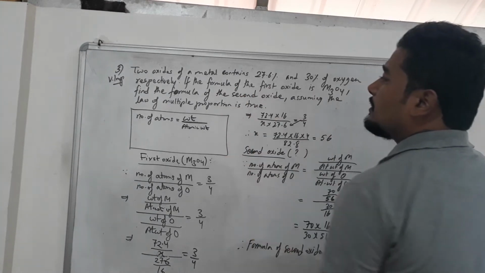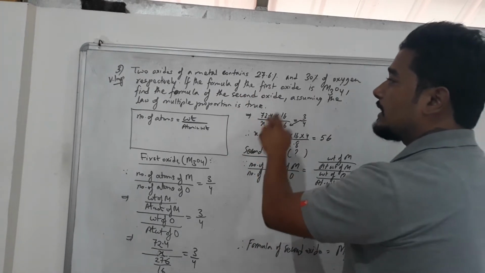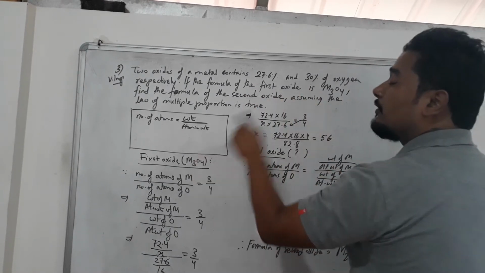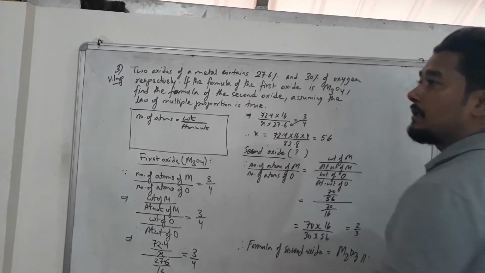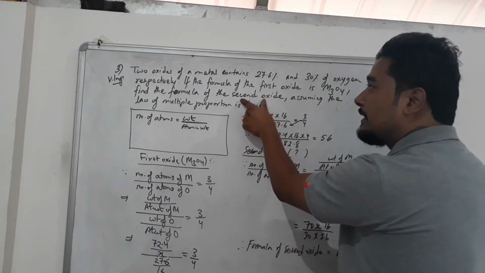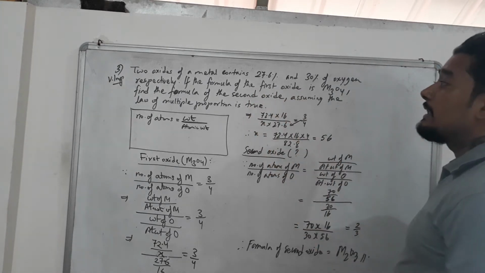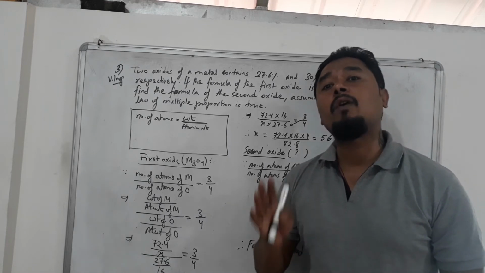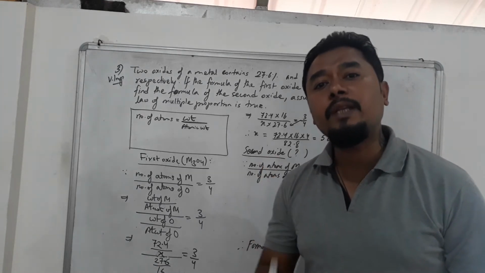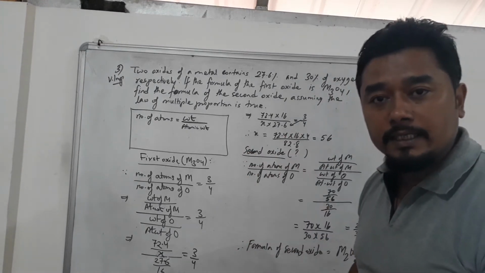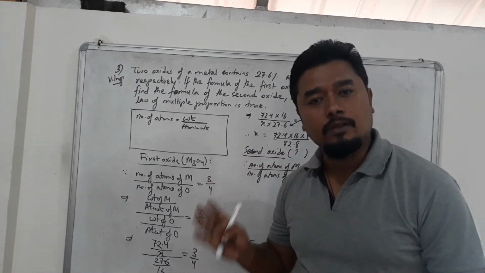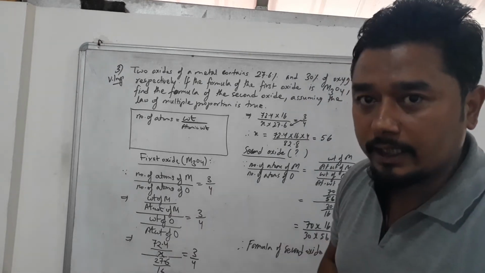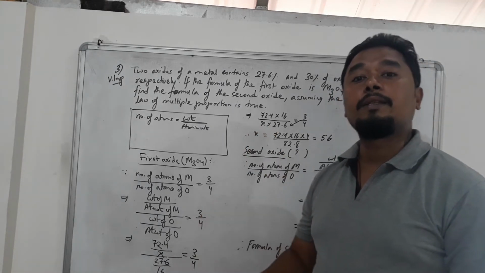Whenever you proceed with such sums, students, always remember, two oxides will be given, first oxide and second oxide. Right now, whose formula is given? First oxide. So you will start from the first oxide and reach the second oxide. But sometimes the formula of the second oxide will be given and you have to find the first oxide. That time you will start from the second oxide. So in such sums, whichever oxide's formula is given, you will always start from it. Right now the formula of the first oxide is given, that's why we will start this sum from the first oxide. If the formula of the second oxide was given, we could have started from the second oxide. So do remember, whichever formula is given, you will start from there.